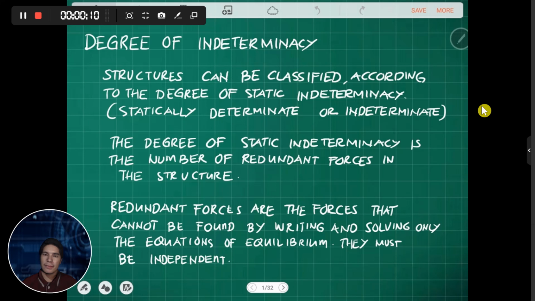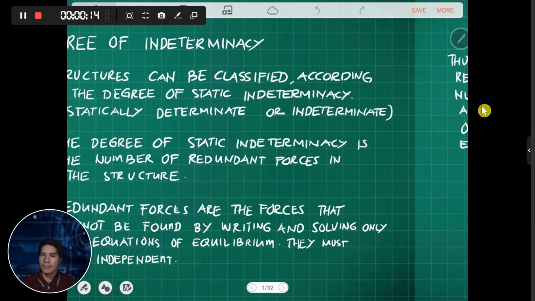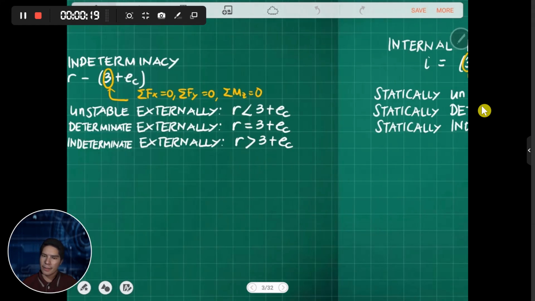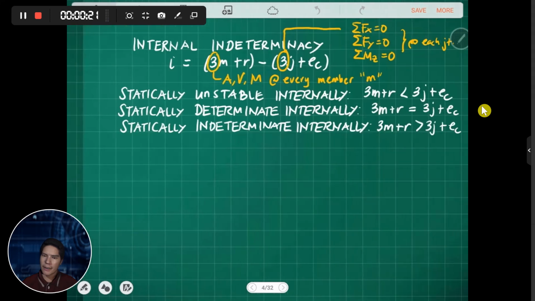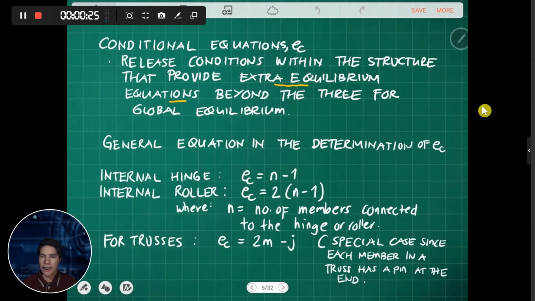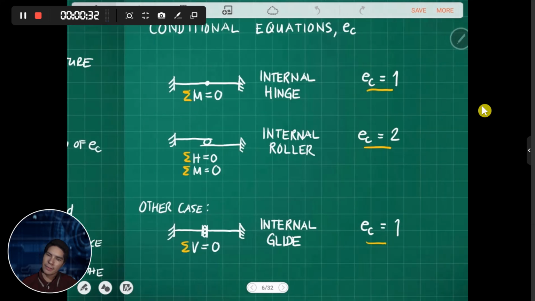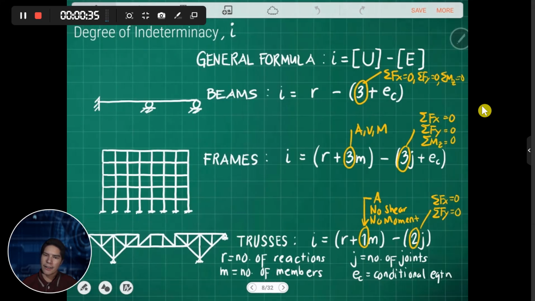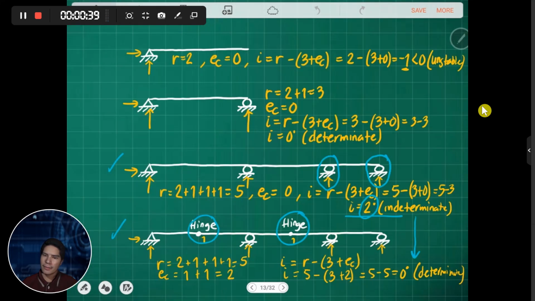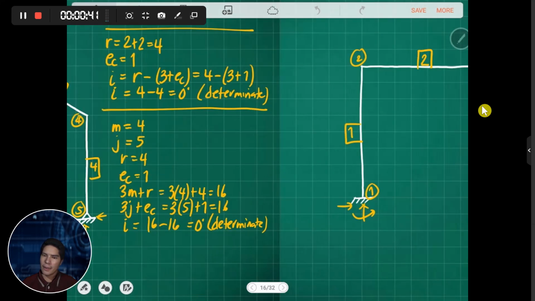So, in the previous video, we defined the degree of indeterminacy, and we also showed the formulas involved for external and internal indeterminacy, and also the general equation in determining the number of conditional equations. And also we added some examples for beams, frames, and this time we're going to